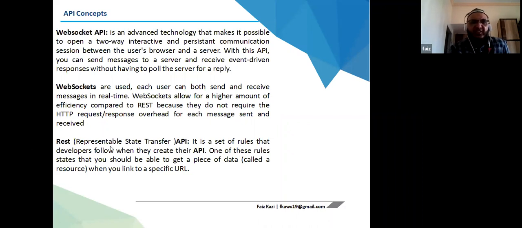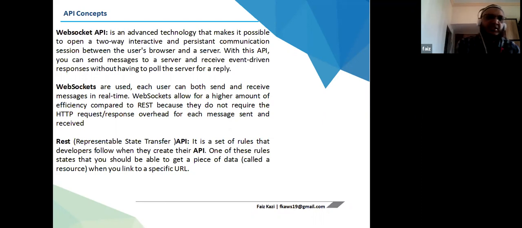REST is known as Representational State Transfer API. It is a set of rules that developers follow when they create their API. Right now we talk about infrastructure as code, where we create infrastructure using IaC, or if your developer is using it, he will be using a PaaS service, platform as a service, not related to your infrastructure.